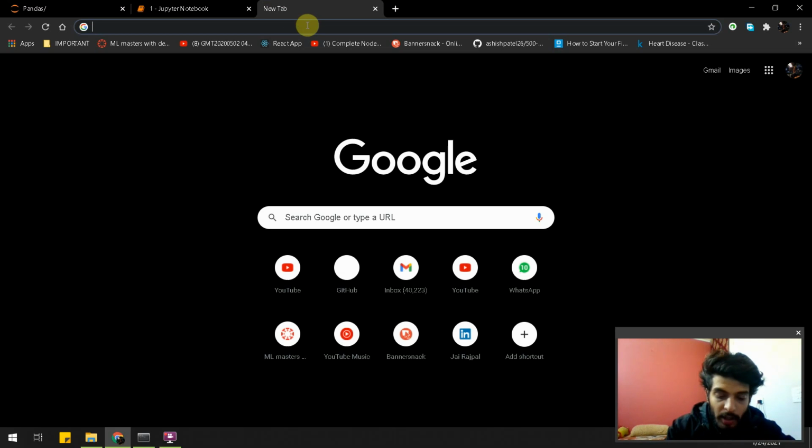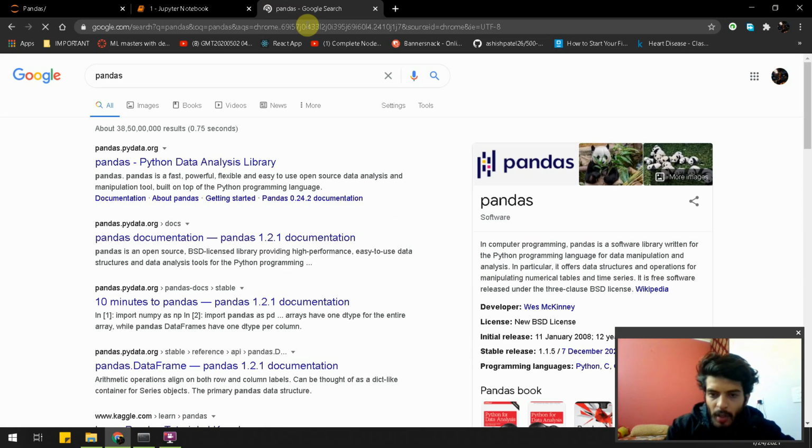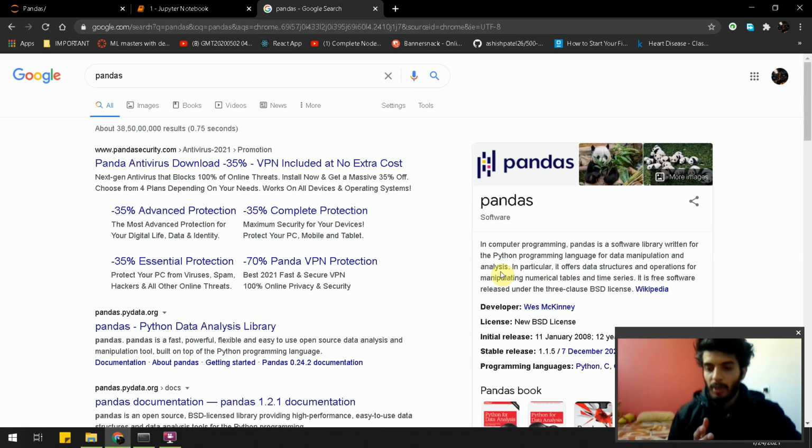introduction about pandas. It is basically a library for Python, and in computer programming, pandas is a software library written for the Python programming language for data manipulation and analysis. So as the name suggests, data manipulation and data analysis, it is a really main library for data science people or data analysis people.